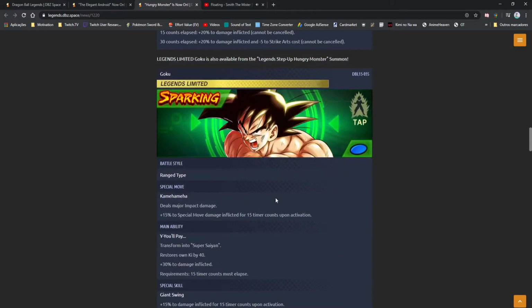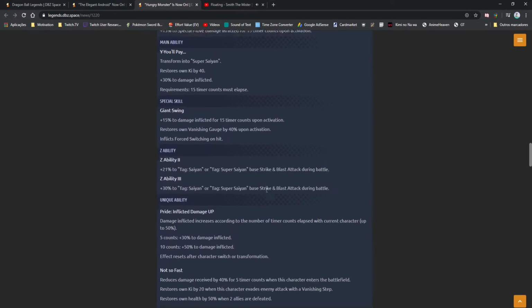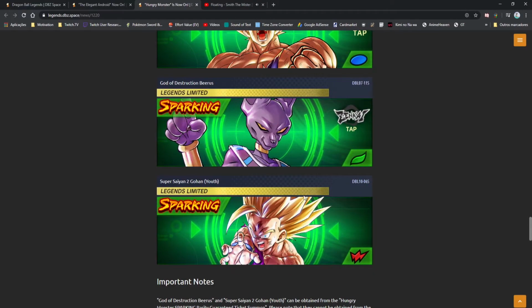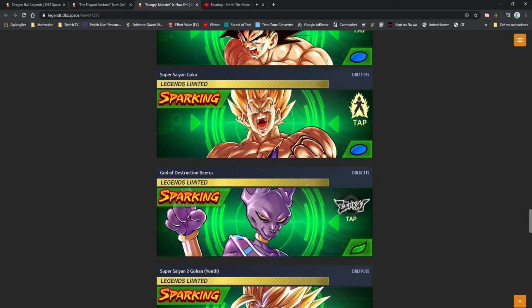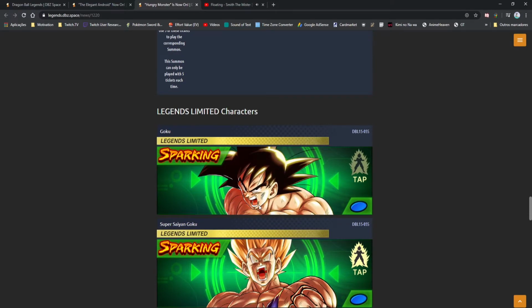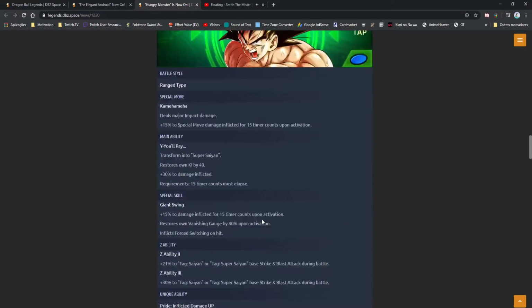so that's amazing, dude. Other than that, we can still get another couple LFs, including the LF Goku from Namek, the Beerus, and the Legends Limited Gohan. Even though I love Gohan, I don't have the Goku, and I would love to get a Zenkai Beerus, sama. I have Beerus at 4 stars, and I have 0 Goku, so...